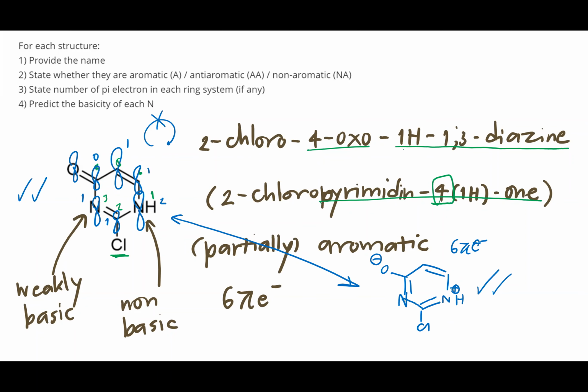So this is aromatic, right? This resonance structure is aromatic, and this one probably not aromatic. So you will get the partial aromatic character from the other resonance structure. Okay, so it's 6 pi electrons for sure. And this nitrogen